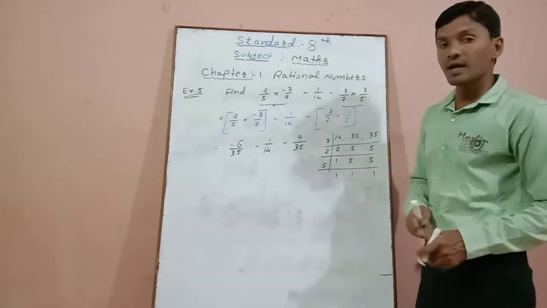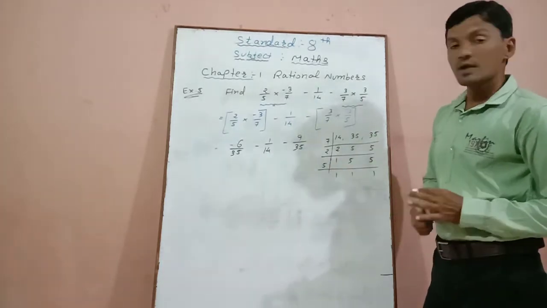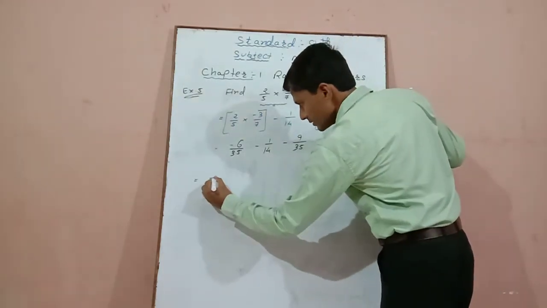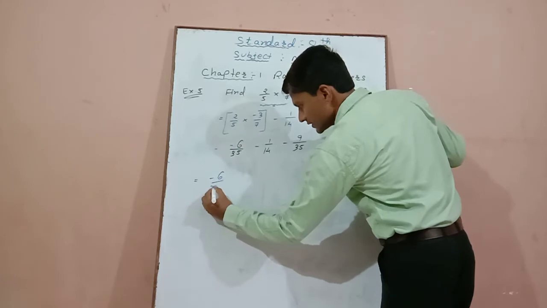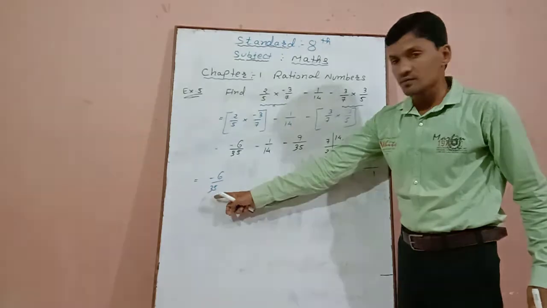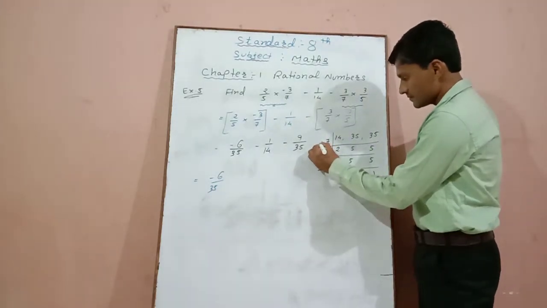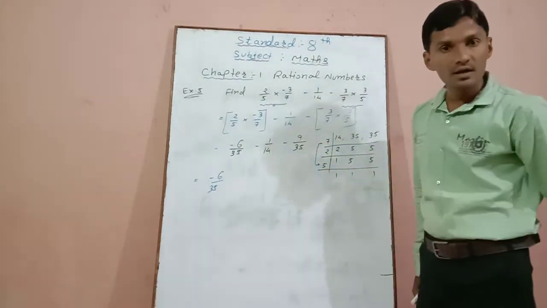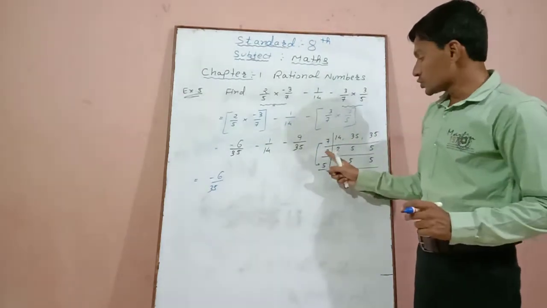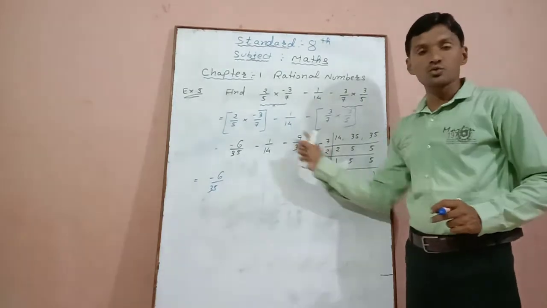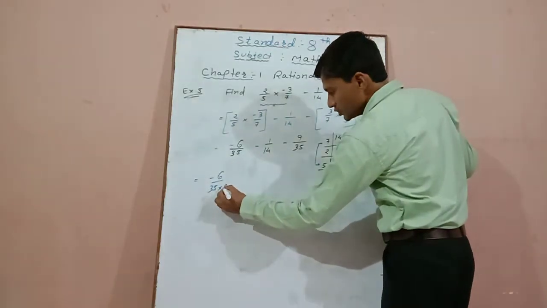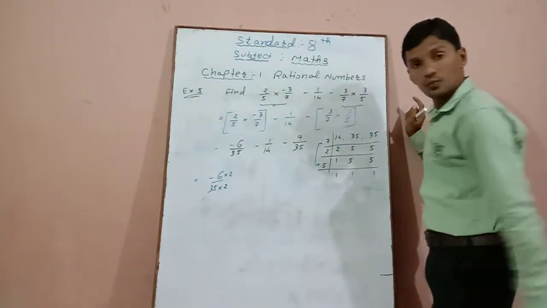Now we have to compare with this the remaining, and will make a common LCM. So first step is minus 6 divided by 35. This is the number. Now here the denominator is 35. That means 35 means this 7 and 5. 7 5s are 35. So these two numbers are there. Only 2 is remaining here. So these two will be multiplied as a common LCM. So 35 into 2, 6 into 2.